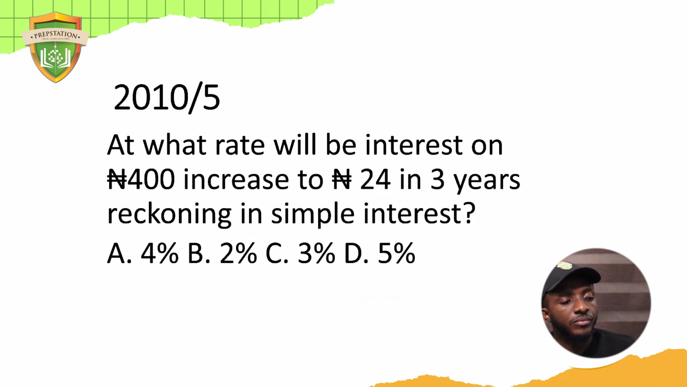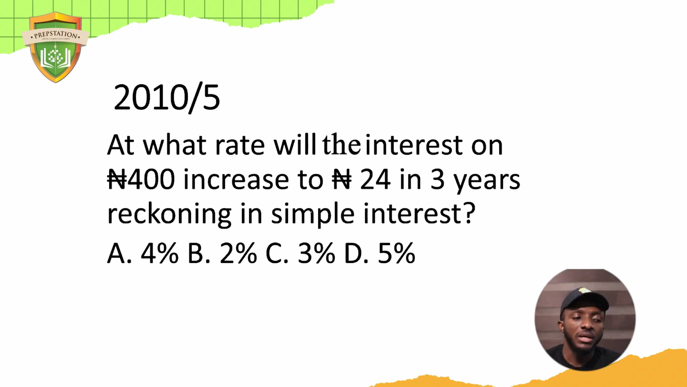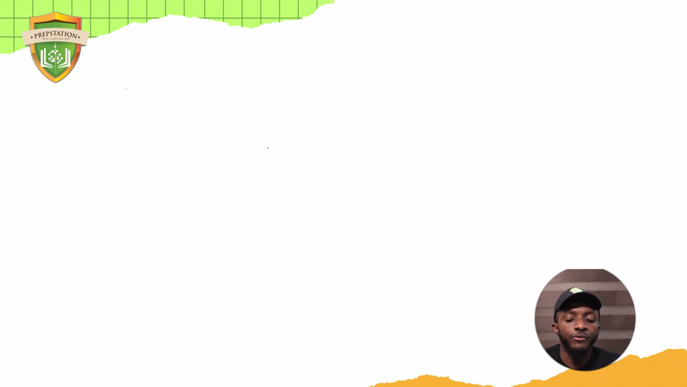Next question. We have same 2010, number 5. At what rate will the interest on 400 naira increase to 24 naira in 3 years, reckoning in simple interest? So now this is a simple interest question. If you remember the formula for simple interest, we have simple interest equals principal times rate times time